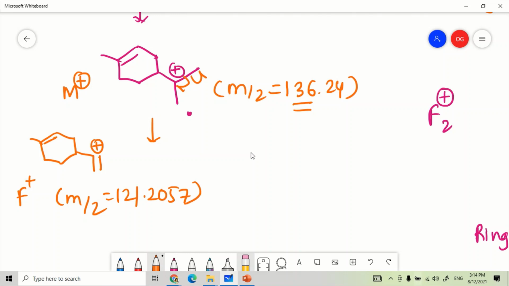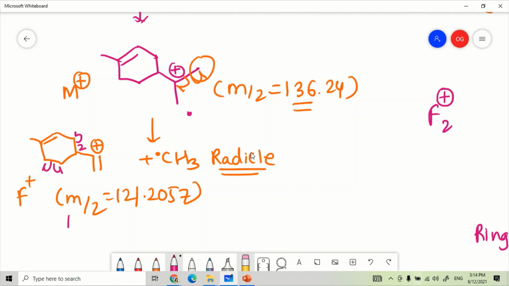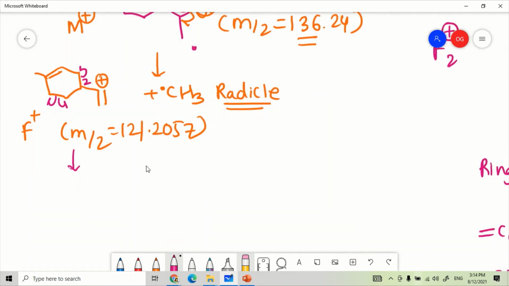Okay, and here in this process this one is gone, see, so that is the CH3 radical. So this is the radical which is formed. Such radicals and neutral molecules are not detected by the detector. Even further, this molecule can undergo fragmentation using homolytic cleavage here, and further fragments will be formed. Wherever there is charge, the fragment which is having charge is the fragment ion, and only those fragment ions will be detected by the detector. And the peak will appear at the respective m by z value.